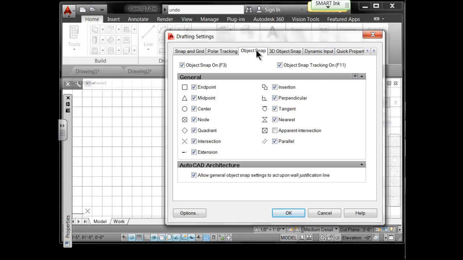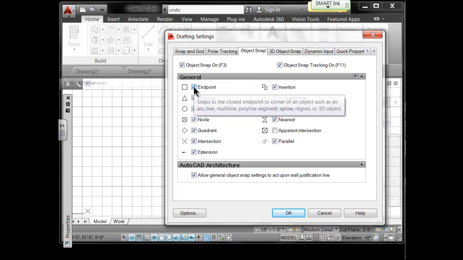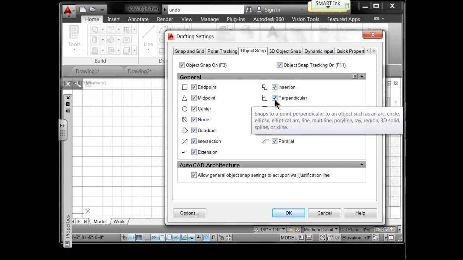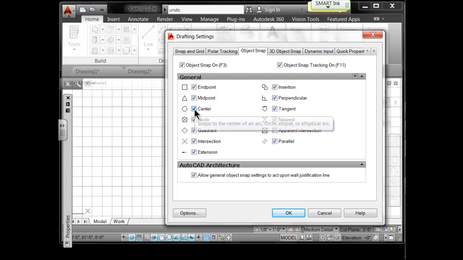Now, sometimes your subconscious might tell you this, but here you have your cursor telling you: do you happen to know that you're at the end point of the line? Do you happen to know that you're perpendicular to the other line? Do you happen to know that that's the center of the circle? That's why these are called object snap and object settings, and I personally call it making your drawing smart,